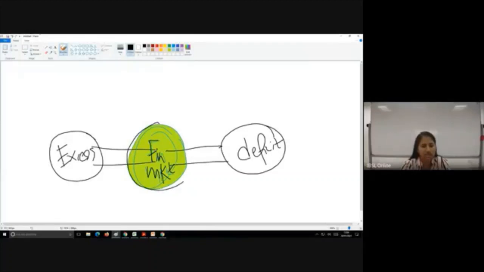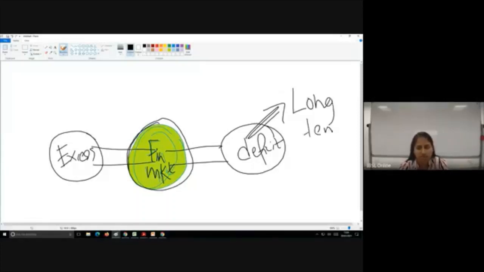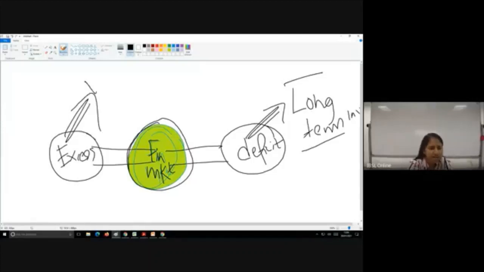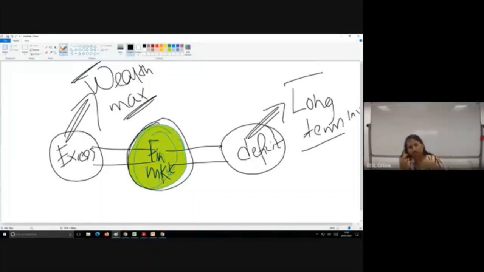If not, they are unable to meet, especially because the deficit unit holder has a long-term requirement, a long-term investment in hand. The excess unit wants to maximize. Can you maximize wealth for a shorter time? No, you can't, because your tenor is short. Obviously, the return that you get is going to be short term. But here, in a capital market, you are able to make higher wealth using the capital market instruments.